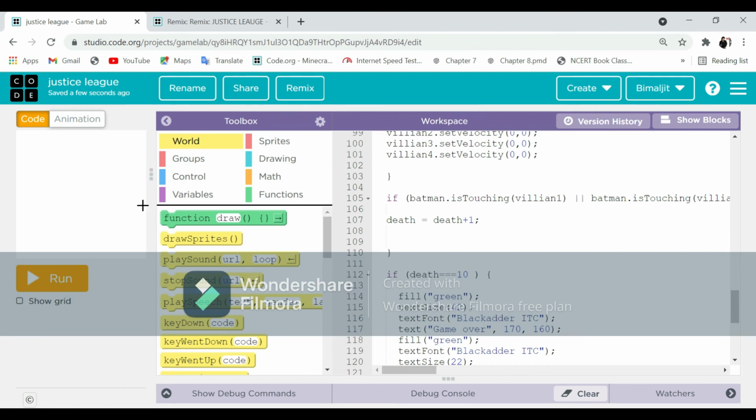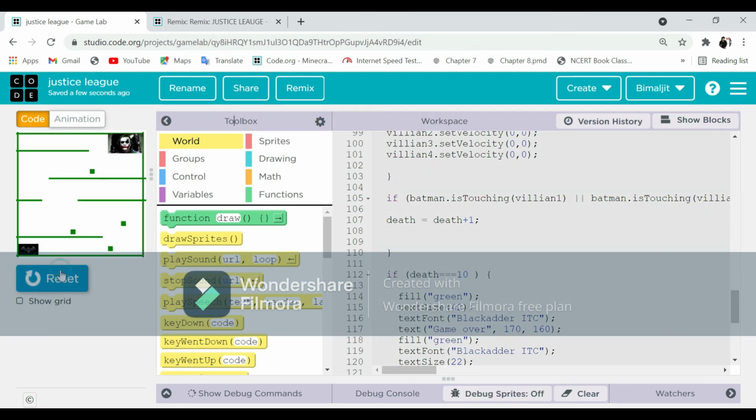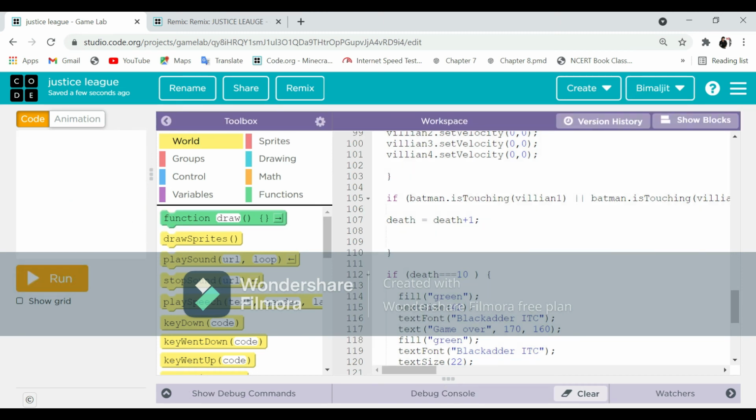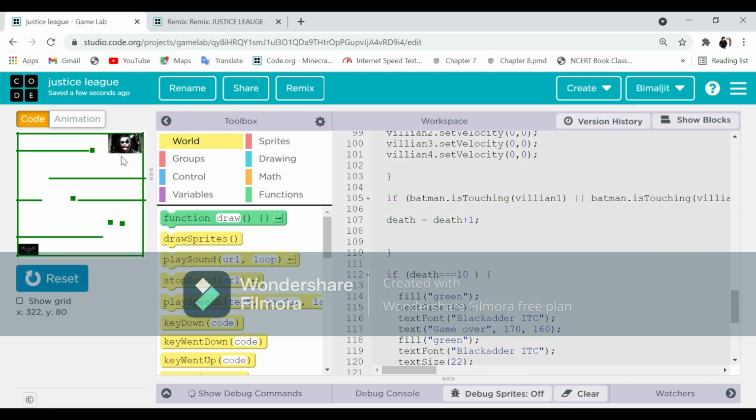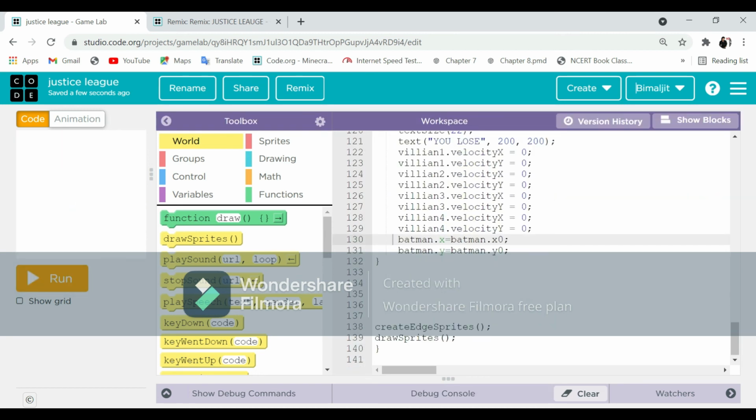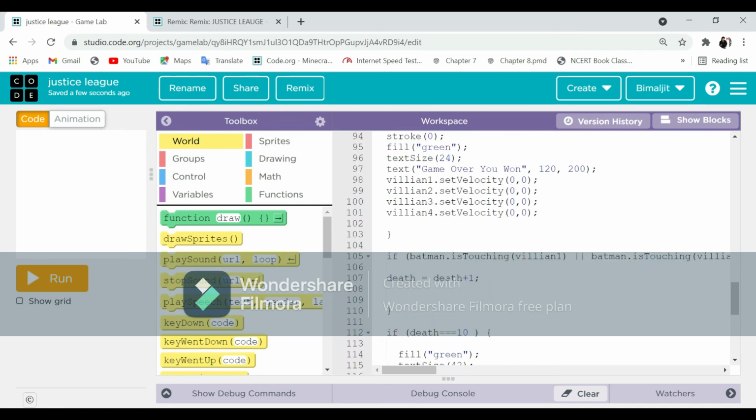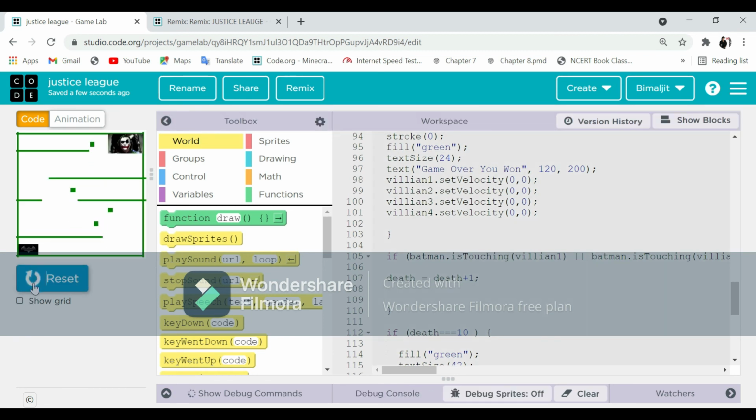But what if we try to do 2-3 things more, like let's say whenever it is coming over here or wherever it wants to go. Let's try to do some experimenting. Okay, so now we have also given that if it is touching the Joker, game over, you won. But is it okay? Okay, so now what we have given is death is equals to death plus 1. We have given total take chances. Alright.